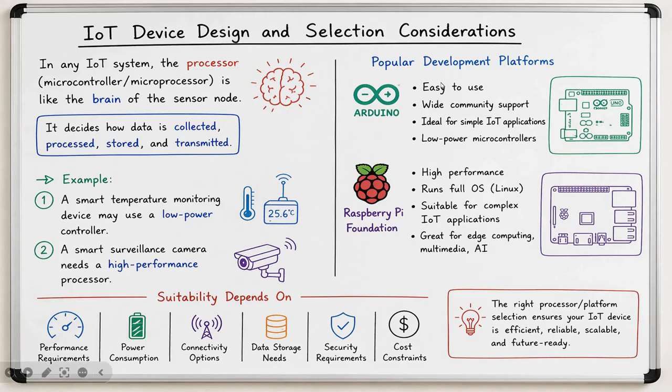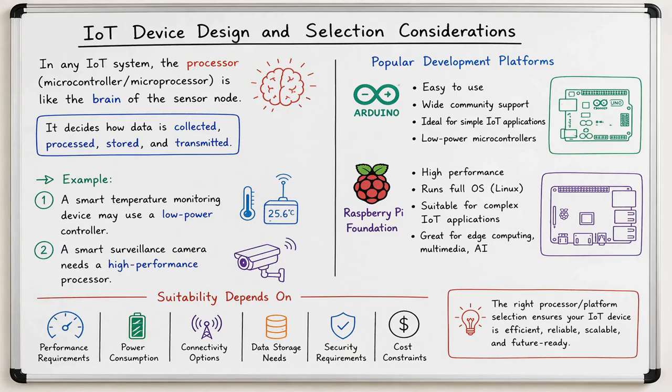Now we have some popular development platforms such as Arduino and the Raspberry Pi. These Arduino boards are simple, low cost and ideal for basic IoT projects, and these are easy to use. It has wide community support. These are ideal for simple IoT applications, and also these are low power microcontrollers, whereas the Raspberry Pi